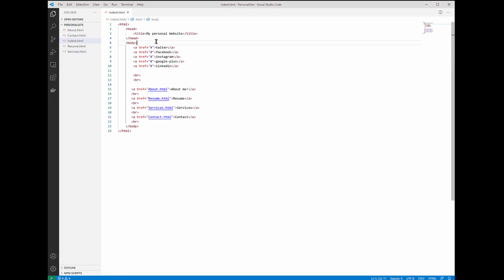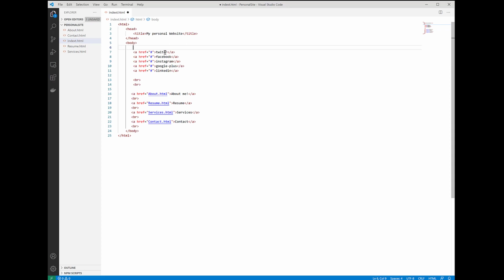But for now, we'll keep a pound, but if you have a Twitter account or Facebook, you could actually put the URL inside of the href attribute so that it can navigate to your Twitter page or your Facebook or LinkedIn. And it would also be great if we had a picture that we could put up there, our